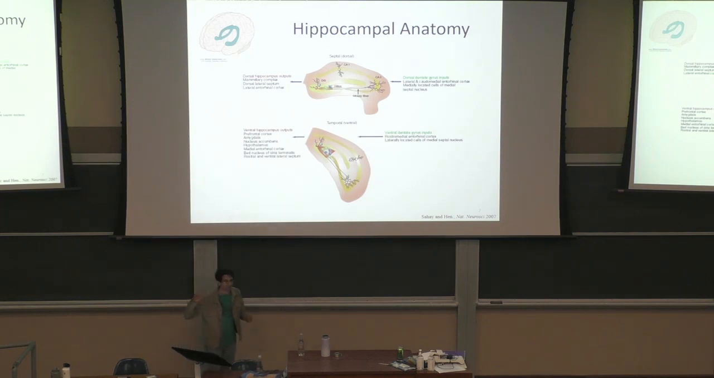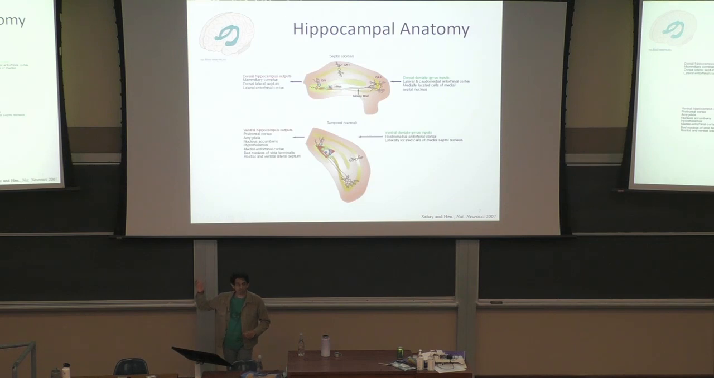So here we have a summary of the connectivity of the dorsal and ventral hippocampus. And the dorsal hippocampus is mostly interconnected with regions like the medial and lateral entorhinal cortex, which are more related to spatial navigation and memory and things like that. And the ventral hippocampus is connected to the entorhinal cortex, but a different part of the entorhinal cortex,